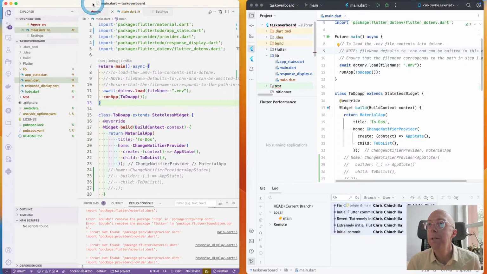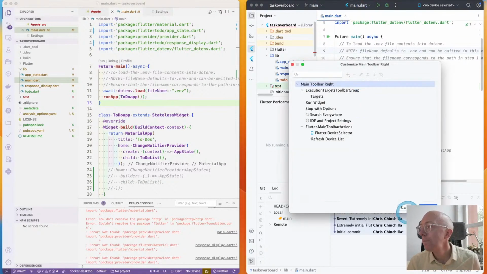So this is a Mac OS tip. If you option click on a file, you can see the structure and jump straight to the folders. You can't do that here. Not at all. There's no way to trigger it. This can be customized, of course. Yeah.